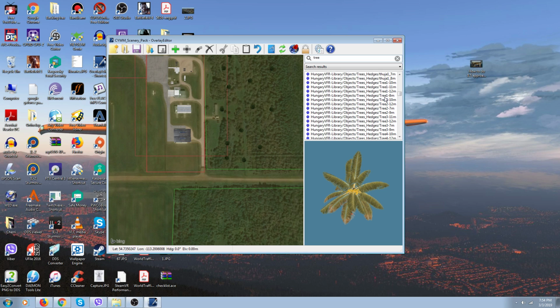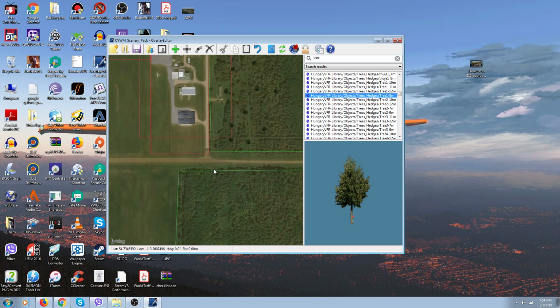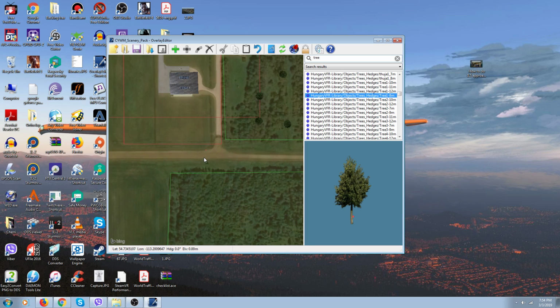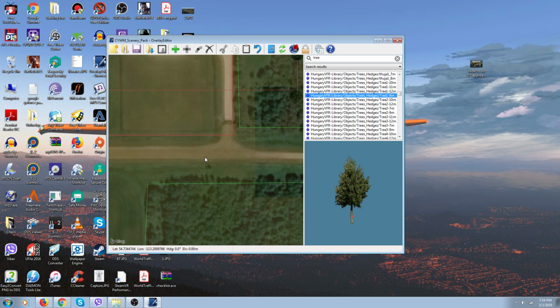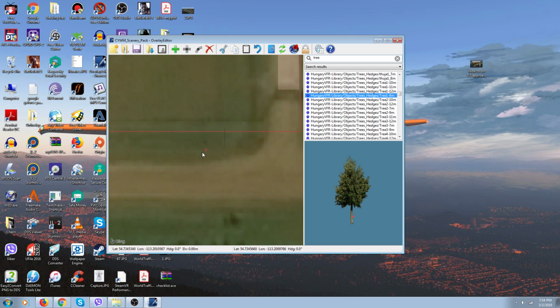Scroll down. There's a tree. Now what I do is I use my arrow keys and I put the little red dot right here where I want the tree. I'll zoom right in. Arrow key up. I can put a tree right there on the corner. I selected it in here and I clicked on it. I've added it. If you zoom right down,